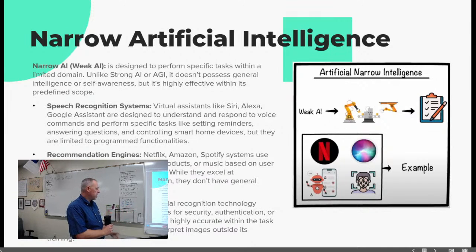It verifies people for security, authentication, and surveillance purposes. It is highly accurate with the task of facial identification, but it cannot interpret images outside its training. So if I've trained my phone to open up an app because it sees me, it's just seeing me. If I wanted my wife or Donnie or somebody else, I would have to train the phone to do the same thing for them. Same thing with fingerprint readers. I could put in myself, could put my wife in, whoever, and then have that available for them.